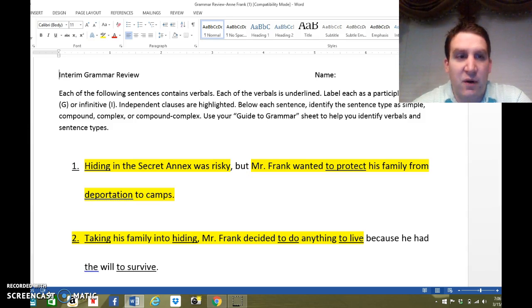So what you're going to need to do this is, obviously, the handout, the interim grammar review that Mr. Cheatham would have passed out to you. You're going to need a pen or a pencil so that you can work the first couple of examples with me. And you're also going to need your green cruise grammar guide that you got at the beginning